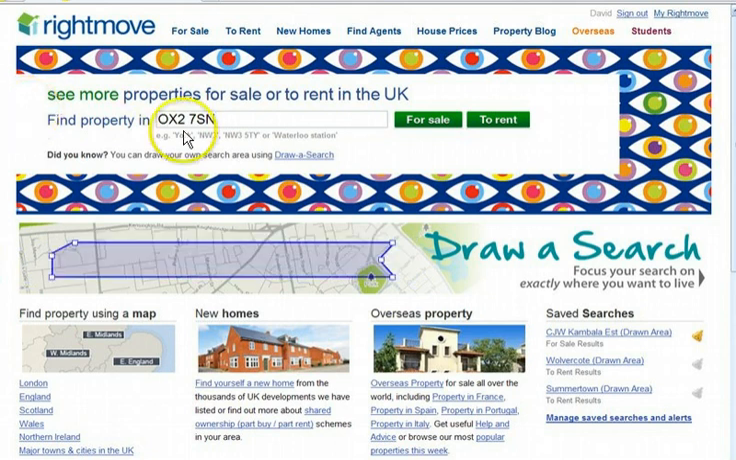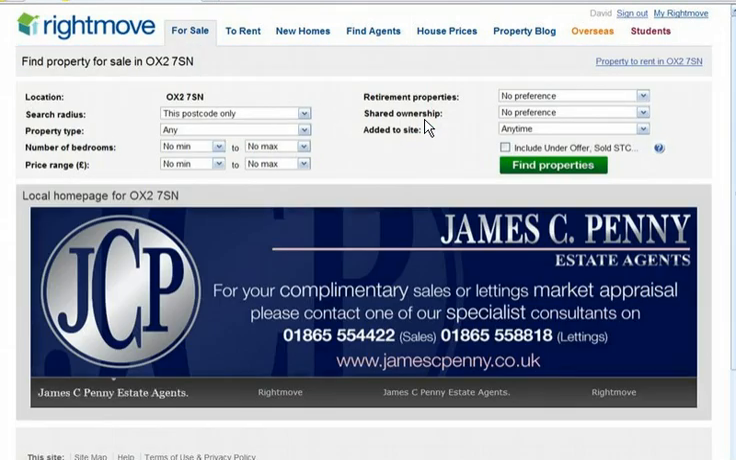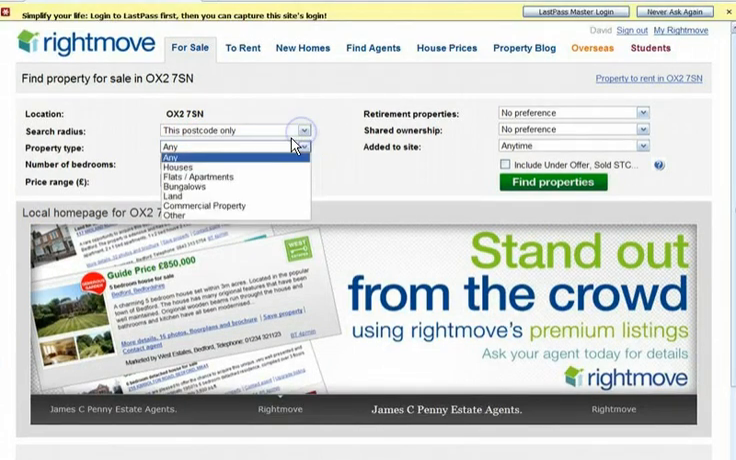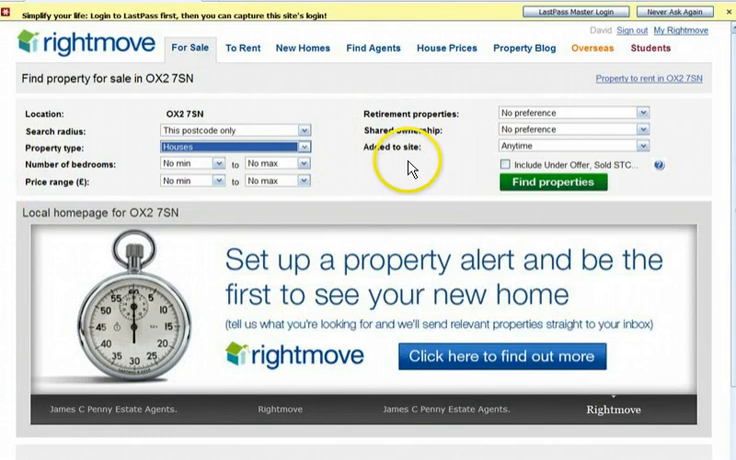Anyway, I've entered a postcode in Rightmove and I'm going to look for sale properties based on that postcode. So I click on for sale and it opens up the location as a postcode, this postcode only. I'll tick this to houses. I'm not concerned about the number of bedrooms or the price range or anything over here, because I'm simply going to try and find a map. So if I click on find properties,